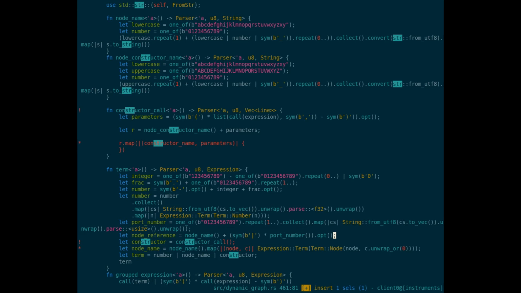Okay. And then I need to convert that node reference into an expression term. Do that by mapping